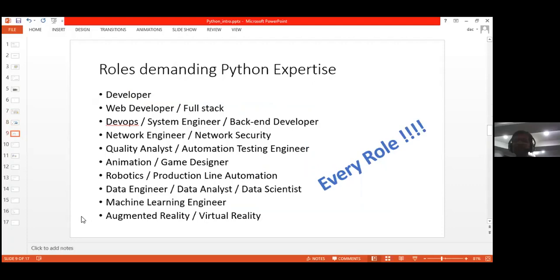Okay, what are the roles which are demanding Python expertise, guys? Frankly speaking, there are so many roles, IT or non-IT. Everyone is asking for Python expertise because they want some kind of data science in them. Think about developers. You may ask, how can we have data science or Python in developers? Obviously, Python developer is a simple thing, but even data analysis beyond development can be implemented, or they need Python skills. Then web development, full stack development, there is a lot of library support by Python in this. Then DevOps, system engineers, backend developers, they have frameworks like Django, and DevOps has Python